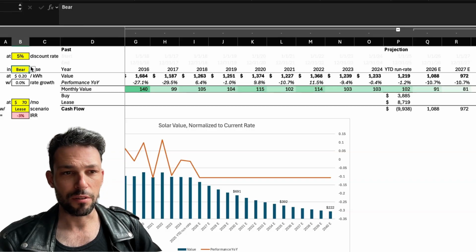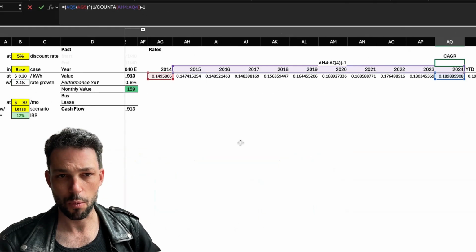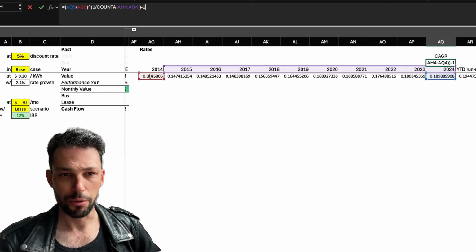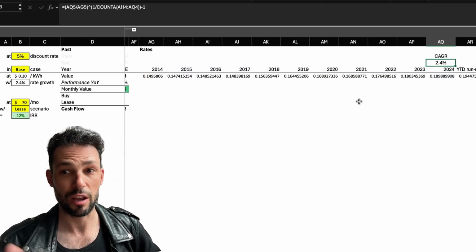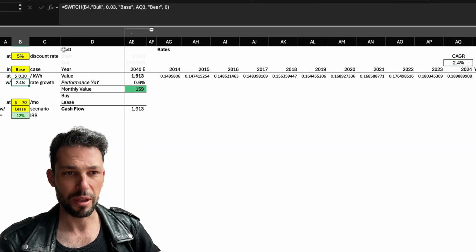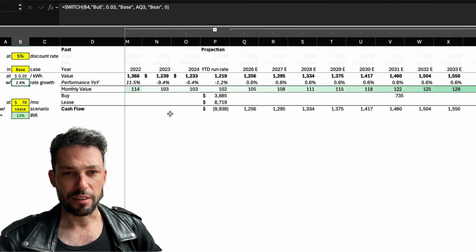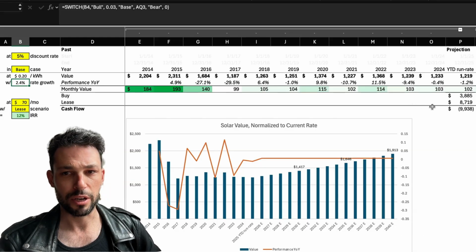So the bear case, that's zero. In the base case, it's a 2.4% rate growth, which is what has been the rate growth between 2014 and 2024. It's grown at 2.4% per year. So we're just going to say it keeps growing at the same rate that it's been growing for the last 10 years, 2.4% in the base case. Okay. So if that's the case, then you'll notice that the value of your solar panel continuously goes up, even